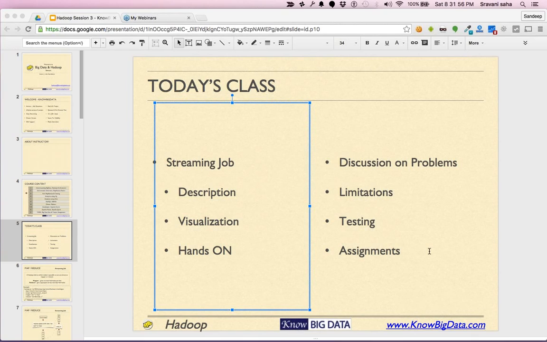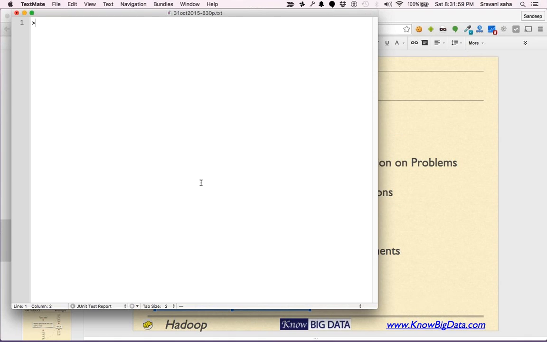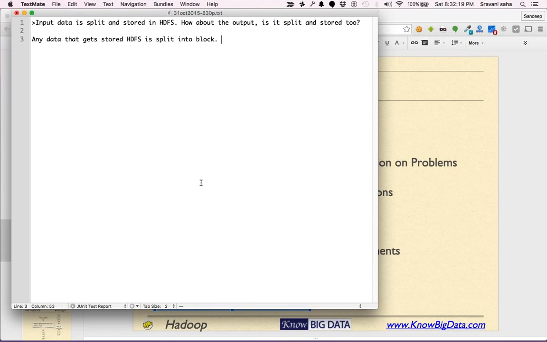So Veena's question is, input data is split and stored in HDFS. How about output? My answer is, any data that gets stored in HDFS is split into blocks.